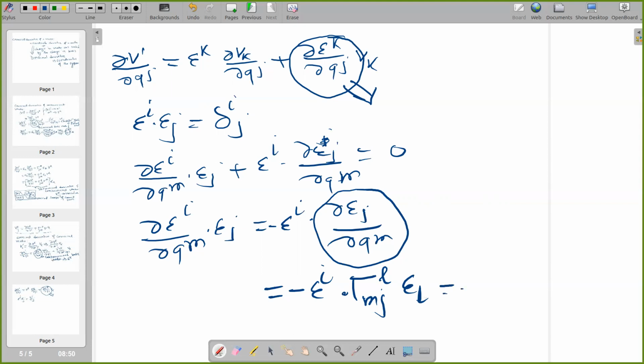So we can write here minus L mj delta iL. So this delta iL has only two values, 0 and 1: 0 when i is not equal to L and 1 when i equals L. So we can write this expression as